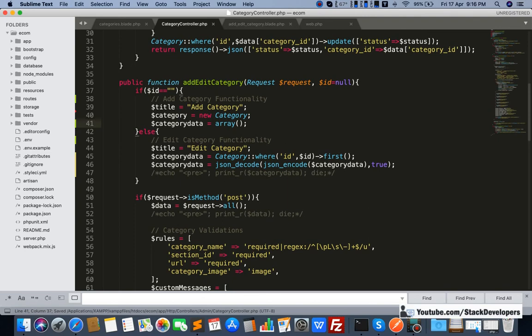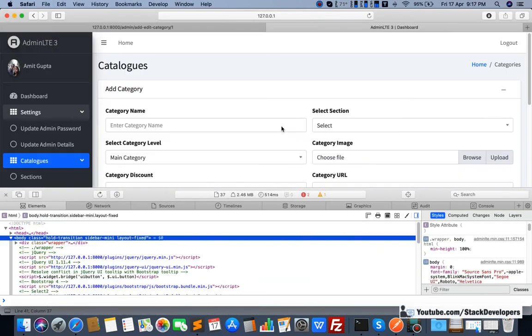We are adding the category the first time. So we can declare it as an empty array, then this issue will not come. Okay, so always check when you do one functionality, always check the other one. When we are doing edit category functionality, we must also check that add category functionality will not stop. So always keep this in your mind.